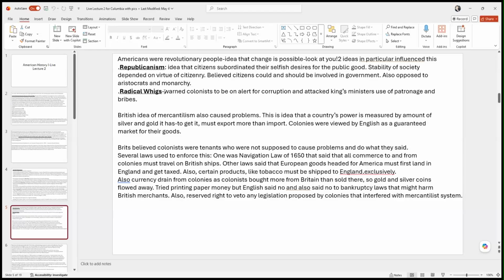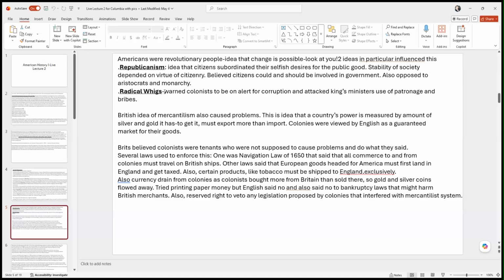So if you're a merchant in Boston and you're trying to sell stuff, say, to Germany, and you get a better deal, you can transport your stuff on a German ship for cheaper. Can't do that. It's illegal. You have to use a British flag ship. And of course, that raised revenues for Great Britain, right? Because now all the commerce had to go on British ships. And the reverse was also true.